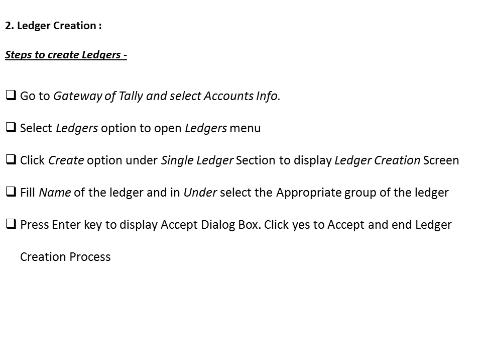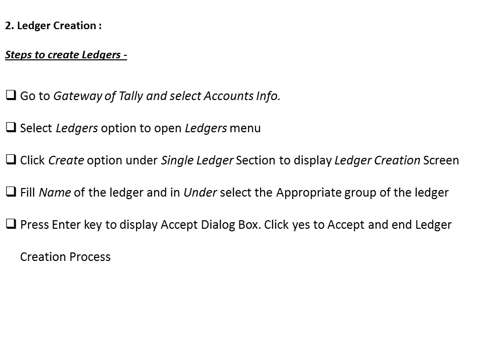And next, ledger creation, which is a very important part of Tally software. To create a ledger, go to Gateway of Tally, select account information, select the ledger option to open the ledgers menu, and click the create option under the single ledger section to display the ledger creation screen.